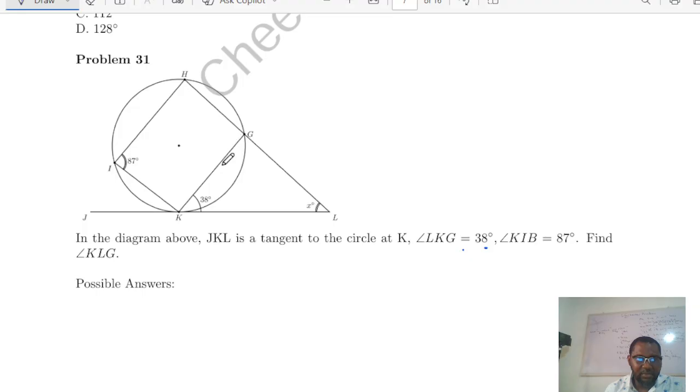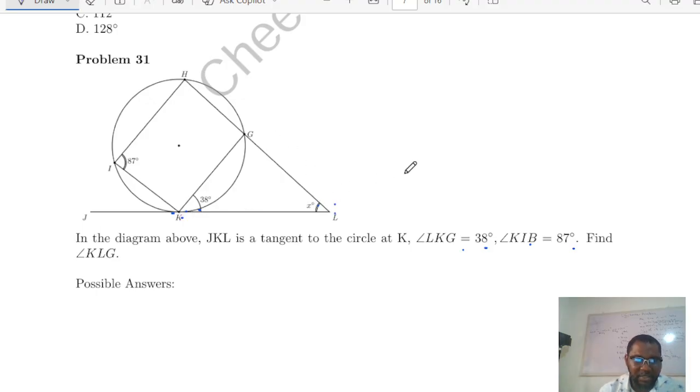LKG, this is L, this is K, this is G, 38 degrees. So that means this is a mistake here. Okay, this is L, LKG, yes, 38 degrees. KIB is 87. This is K, this is I, and there is no B, so that's a mistake. It's H, 87. Find angle KLG,